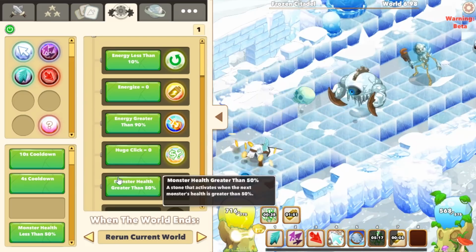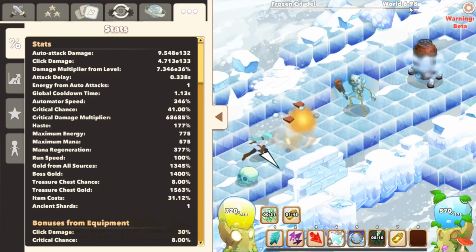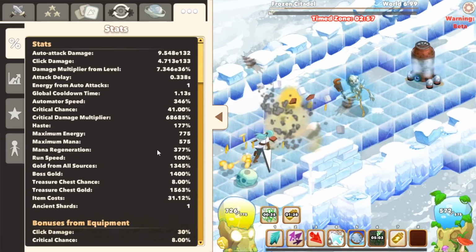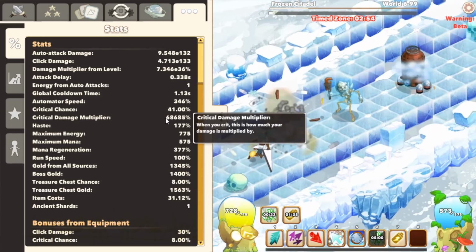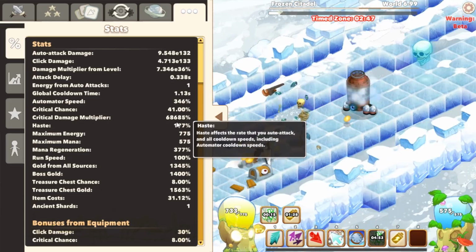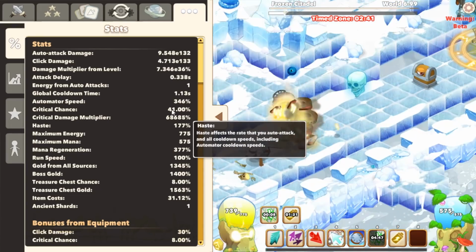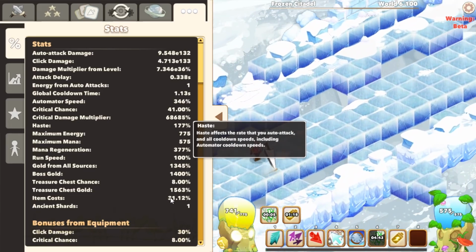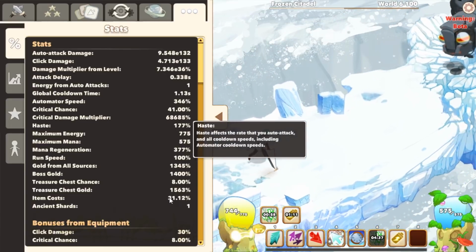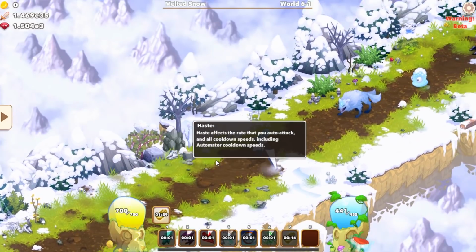So anything else? We can briefly go over the stats, and then after the world ends, we'll go over the skill tree. I have a couple of nodes for critical chance and critical multiplier. It's not as high as the previous build, but it still greatly increased the DPS. 41% critical chance is huge. And it's small, well rounded. I have bonuses in different areas, like the item cost reduction, the bonus gold, some mana regeneration, and